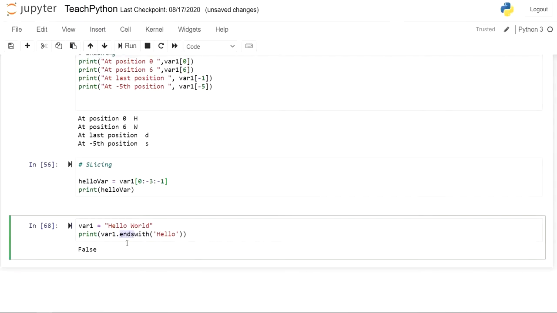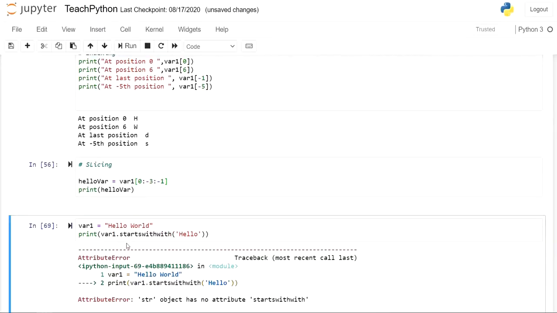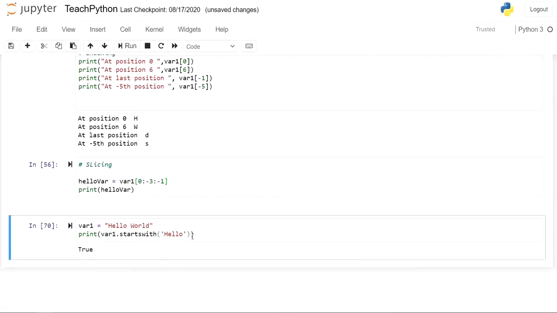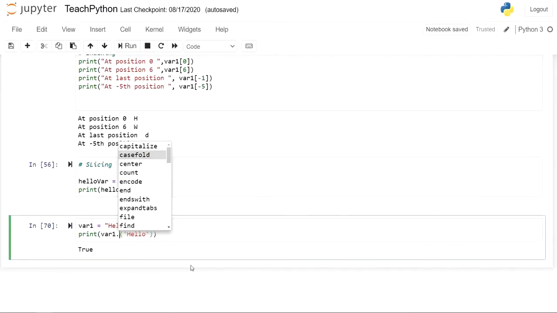So there is one more function, startswith. Sorry for that, I need to remove these extra withs. So it is true. So you have seen endswith, startswith, capitalize, casefold. Now let me find a few more good functions. These return a boolean value. What is a boolean value? It is either true or false.